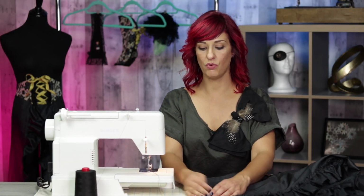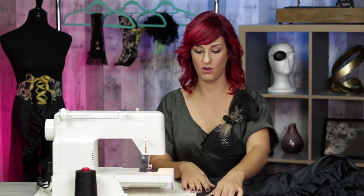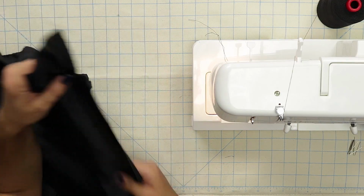So once you have your ruffles in place, you're going to sew across the entire waistband. Remember, the waistband is the widest part that we have not cut away on at all. You're going to start on one side of the ruffle,